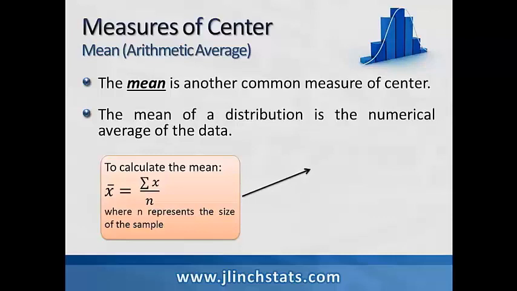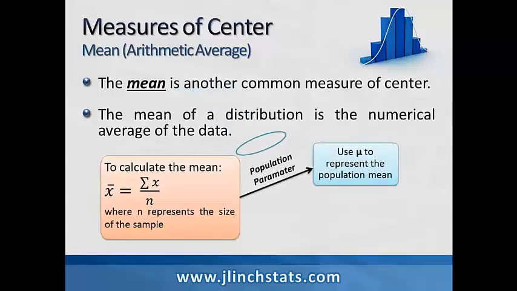Now, if we do know all the values of our population, we do calculate the mean in the same way, but we don't call the mean x bar. We actually call the mean mu. Notice that we use the Greek symbols when we're representing parameter values. So to calculate the mean of a population, once again, we sum up the observations and we divide by the total number of observations within the population. And the mean